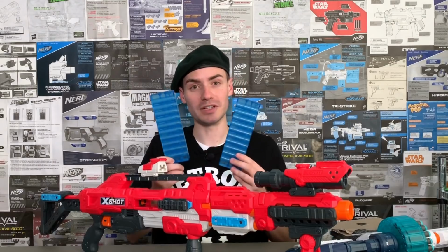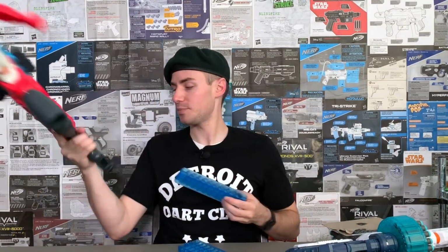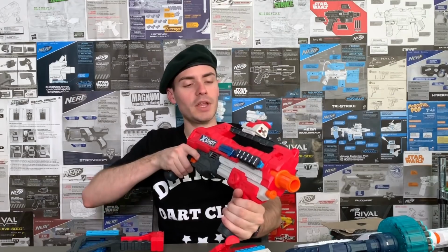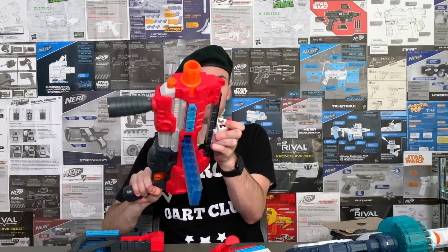And at least this one, they actually give you 2 clips with it, and you can put the clip in the stock, just like that. And that's nice and secure. So this is actually a stock with a purpose. And it looks like you can move these dart holders around onto the stock as well if that's what you want to do. And so in reality, using a blaster like this in its most compact form, okay,